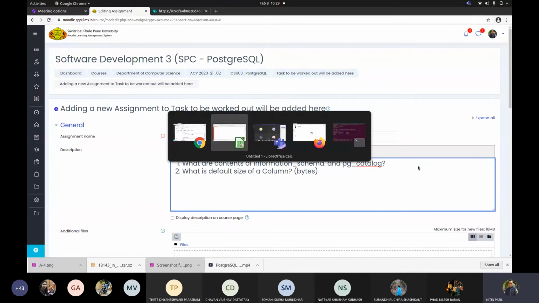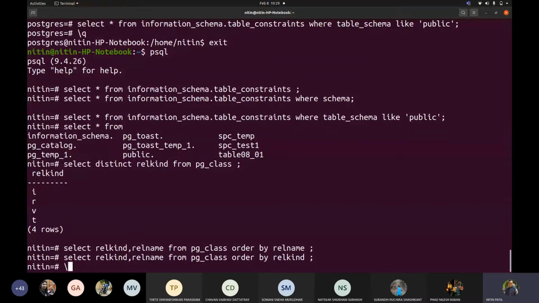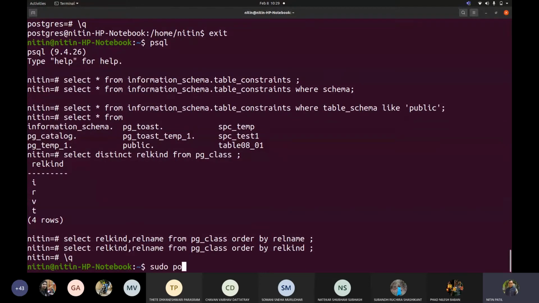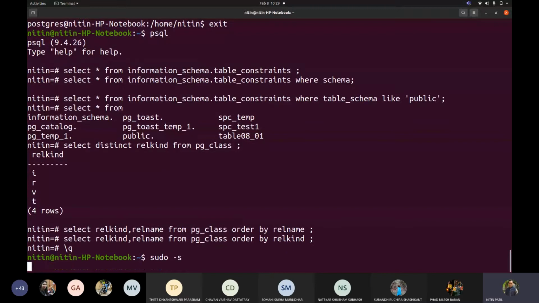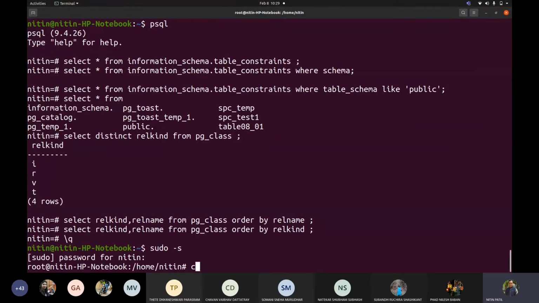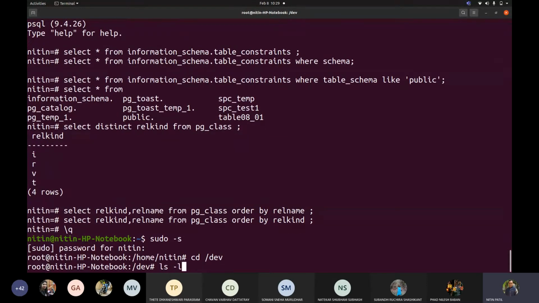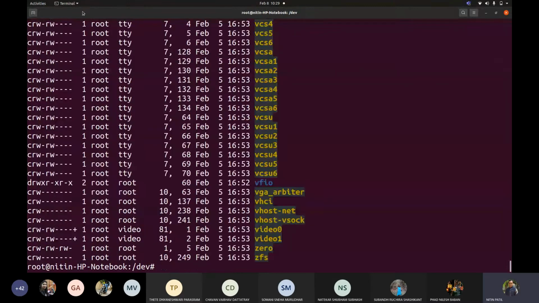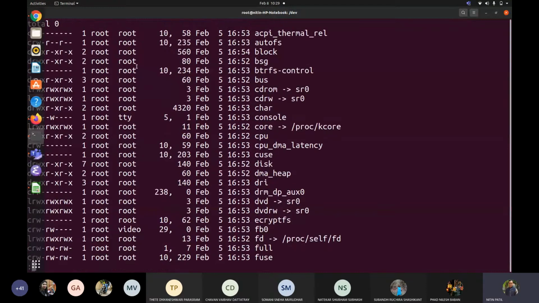Correct. To support my statement, let me show you this. So if we say sudo -s, and if I go to this dev, I can see that there is something called C, which is character. This is directory. Now this would be some kind of device. Try to find out what exactly it is. Now, when I try writing this, you will see one value called B there as well. There will be something called D, there will be something called B, correct?